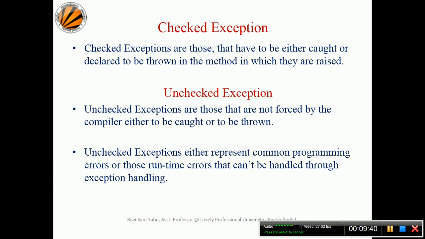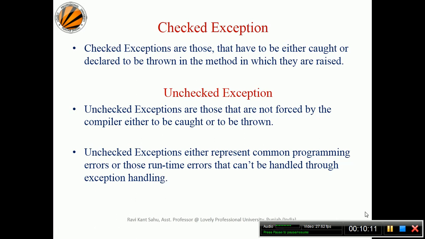Still the program works. That is an example of an unchecked exception. Suppose you are writing a for loop that accesses the array variables through the indexes. In this case, if you try to access something that is not present, the program still works, as you are writing those programs without exception handling. That is the portion of the unchecked exception, where the compiler will never ask you to declare or catch those exceptions.